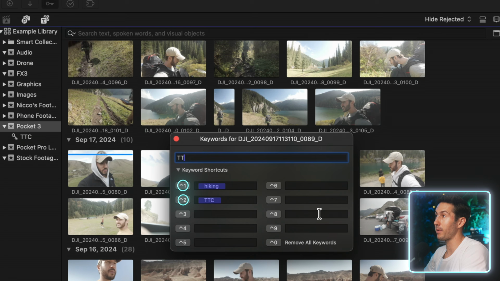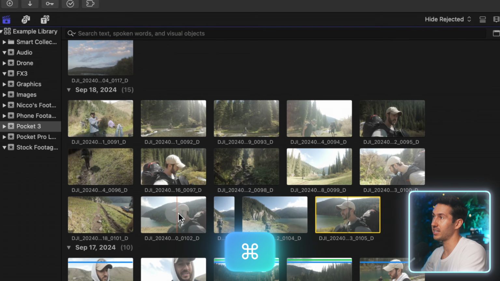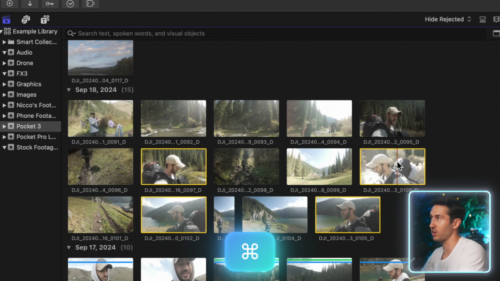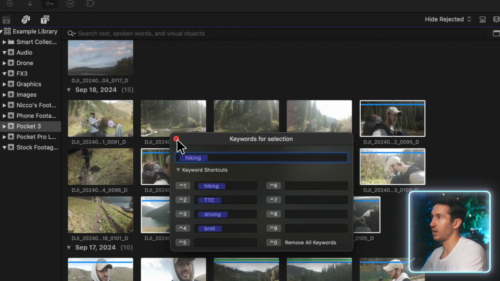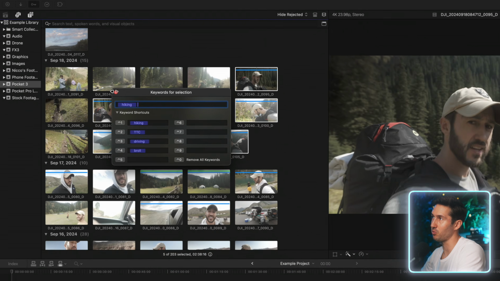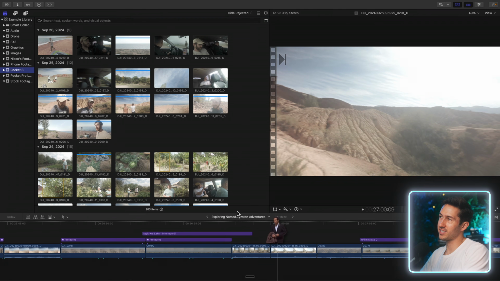You can also, if you can remember these keyboard shortcuts like Control 2, you can do it that way, but I'm just typing it in and pressing enter. If you're curious how to select different clips in different locations, you can hold Command and just select them across your browser. So let's say that I know that at some point while making the video, I will want a bunch of footage of me hiking. I will make the hiking keyword, and then when you're in the middle of your project and you need to